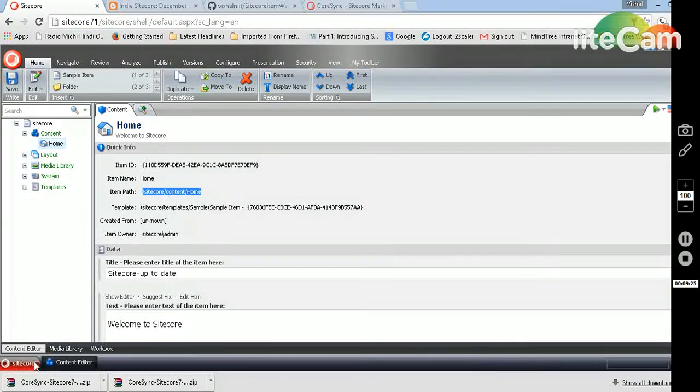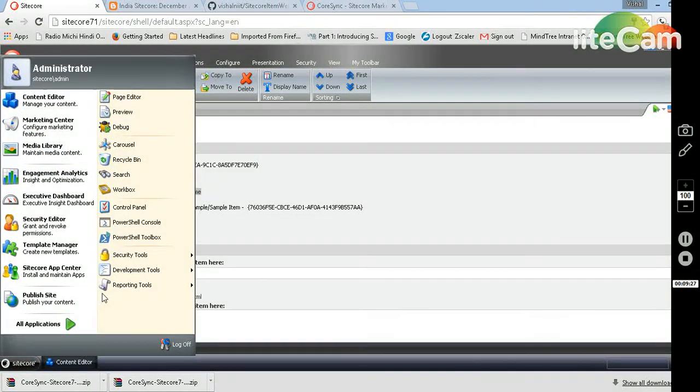So I have already installed all of the prerequisites and these tools. One of the major prerequisites is of course that your system should be up and running the Sitecore Item Web API. Access should be open and allowed for anonymous access as of now, but in a production environment you don't want to make it anonymous. And of course it requires PowerShell, so I have my PowerShell extension installed here. The version of PowerShell is the latest, which is